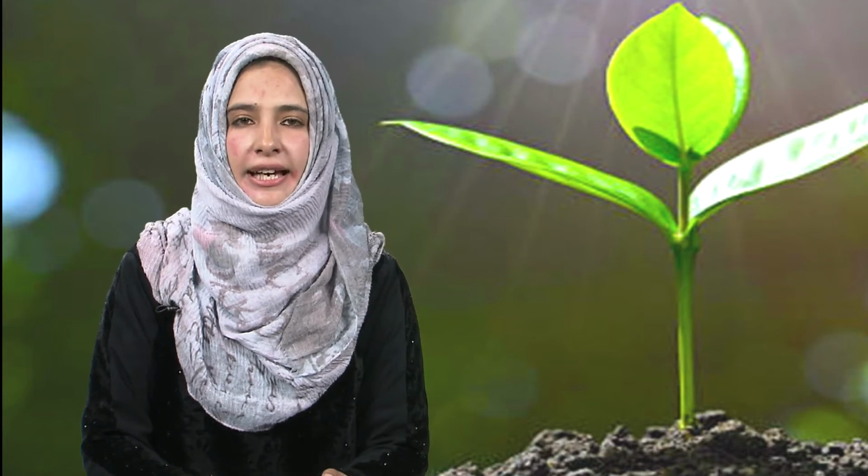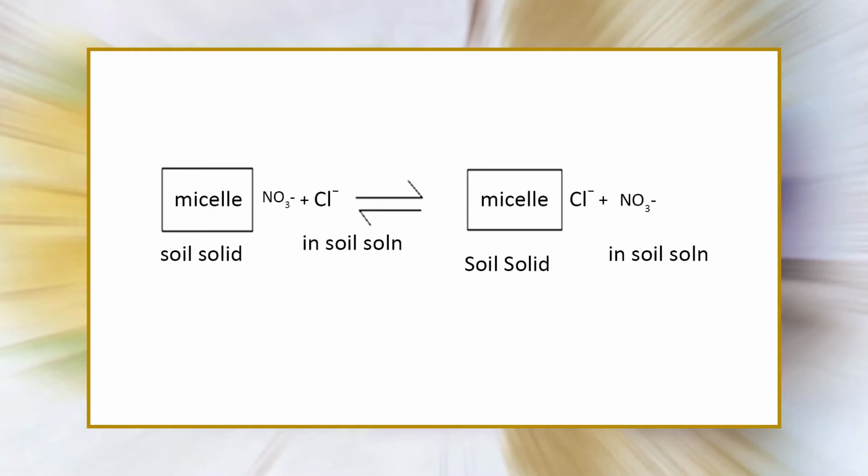Now the anion exchange. The positive charge associated with the hydrous oxides of iron and aluminum, some 1:1 type clays and amorphous materials such as allophane makes possible the adsorption of anions. In turn, these anions are subject to replacement by other anions, just as cations replace each other. The anion exchange that takes place is important as a means of providing to higher plants readily available nutrient anions.